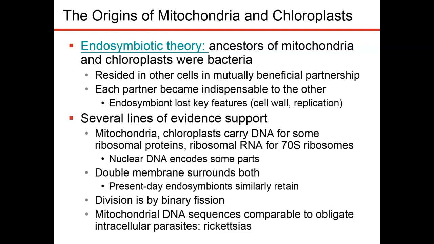They contain their own 70S ribosomes. They can undergo protein synthesis on their own because of this. They replicate very similar to bacteria via binary fission. If we take out mitochondria or chloroplast from a cell, the cell cannot reproduce those structures. And they can replicate on their own, like inside of a cell. So they don't need the cell to tell them to replicate. So all of these are